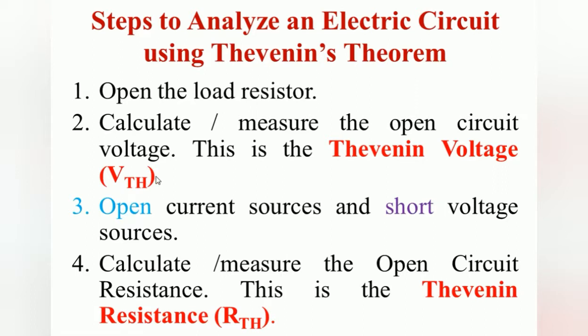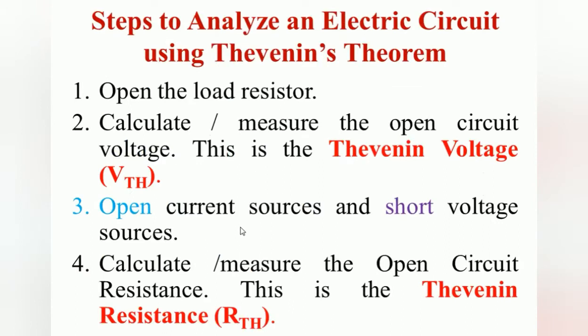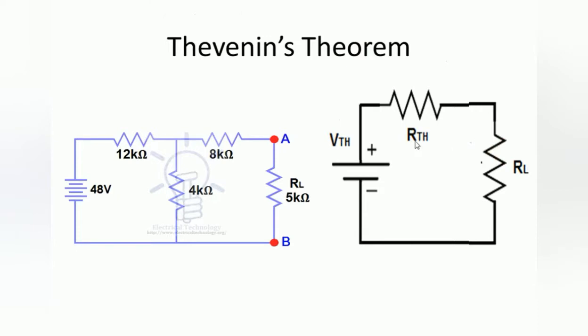The Thevenin's equivalent circuit has the Thevenin's voltage and also the Thevenin's resistance. For the Thevenin voltage, we remove the load resistance and, across the open load terminals, apply any one of the well-known methods, and finally we get the value of voltage VTH across the open terminals, which is called the Thevenin's voltage. After that we want to calculate the RTH value for the Thevenin's equivalent circuit.